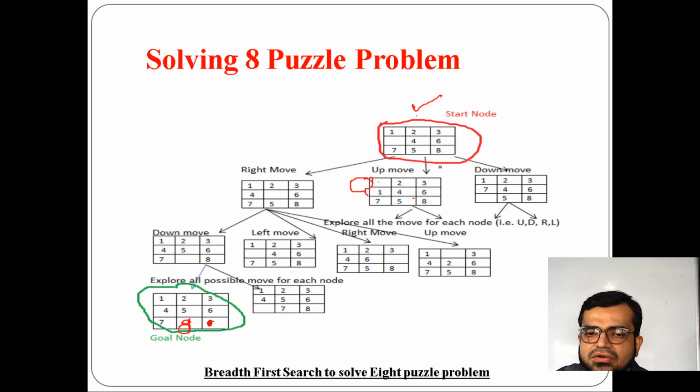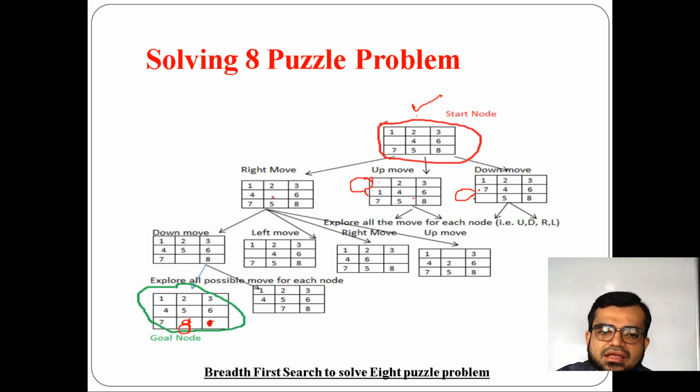Now, down direction means here, 7 and the empty tile. Okay. Now if you go with this one, as I said, there are multiple possible states, but we are just discussing only the sum of the nodes by which you are achieving our task. So if you see this one,